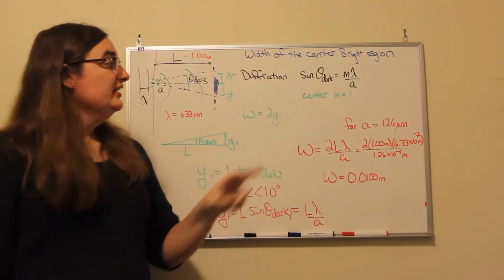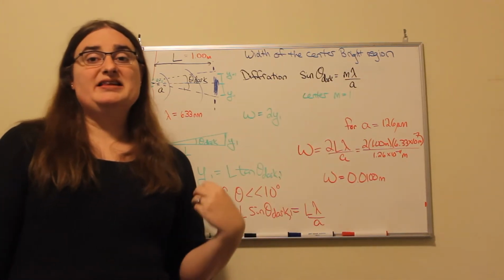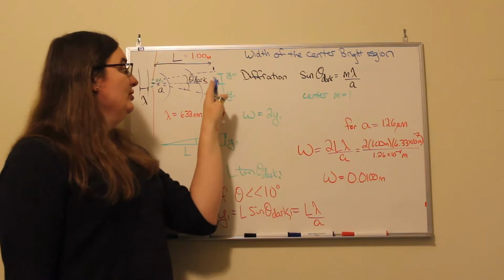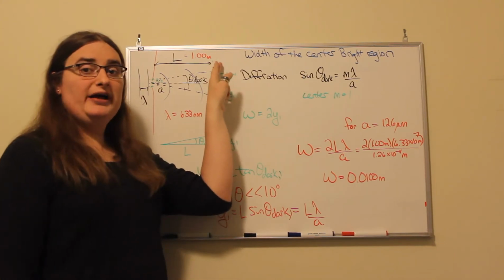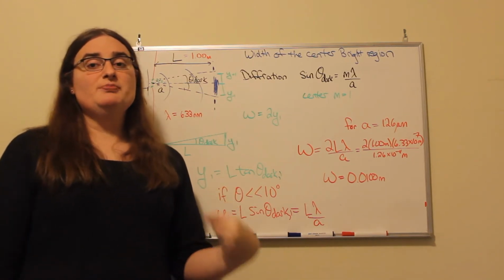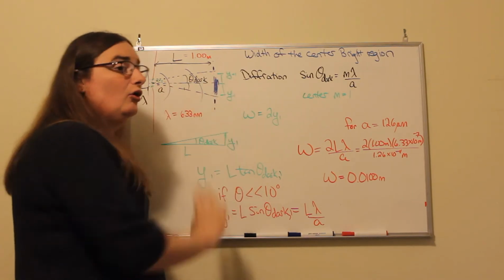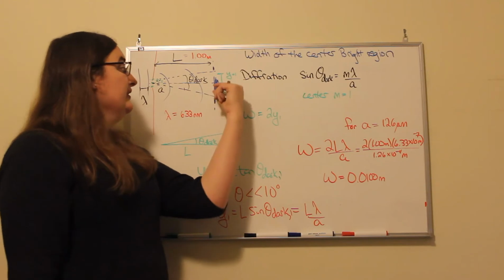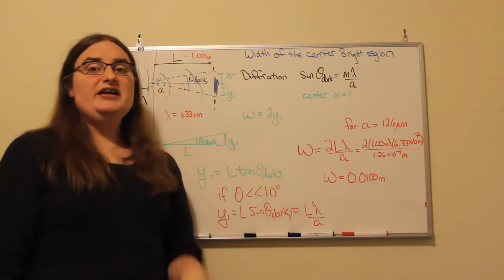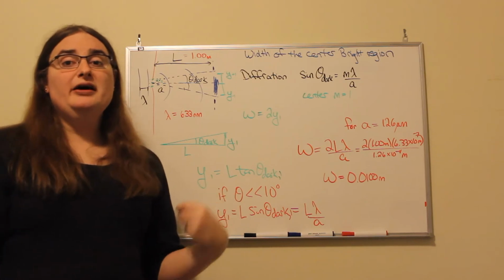each dark region is equal to a non-zero integer times the wavelength divided by the size of our aperture. Well, for the bright region, we'd have to go up to an angle with an m of +1 and down to an angle of m equals -1. And when this opening is some distance L away from our viewing screen, then we're going to have a height y above and below the exact center of our bright region that we can find using a little bit of